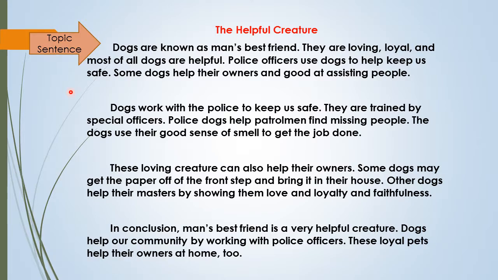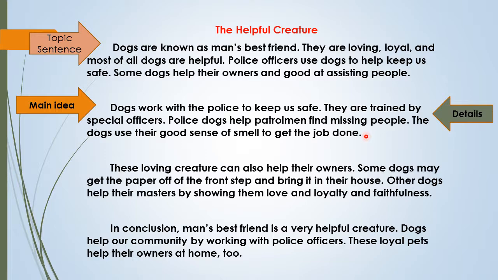Police officers use dogs to help keep us safe. Some dogs help their owners and are good at assisting people. So these are more details that talk about the topic sentence. Dogs work with the police to keep us safe. So this is the main idea. They are trained by special officers. Police dogs help patrolmen find missing people. The dogs use their good sense of smell to get the job done. So these are details that talk more about the main idea, or that support the main idea of the second